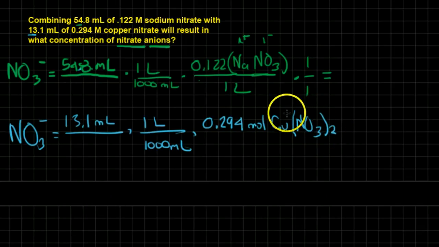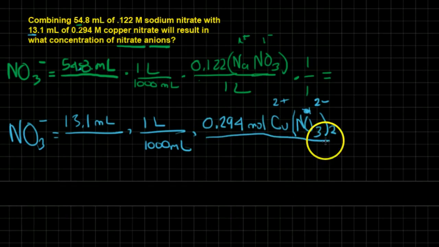Okay, so not going to change anything here, but if it's copper 2 nitrate, then this is going to require 1 more of these, right? Because this is a -1 charge, each one of these. That makes a total of 2 negative if I'm writing it in the right format, right? And this is 2 plus, and now it's balanced. So let's do this. That's 1 liter right there, right? And I'm going to multiply that, and now what I want to do is say, well, for every 1 mole of copper nitrate,